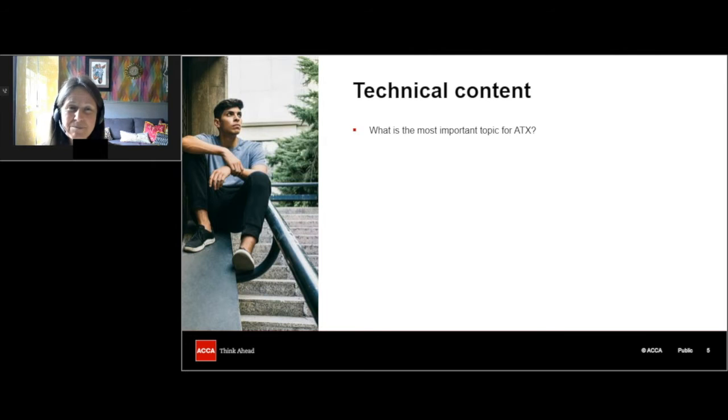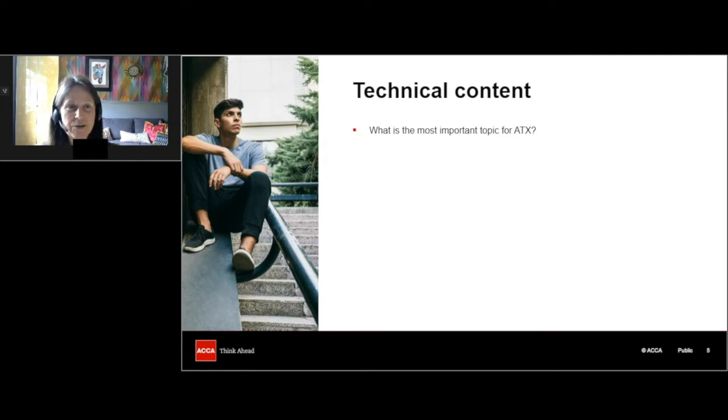Now, one thing that I most often get asked is, what's the most important topic for advanced tax? Is there a really key topic that I absolutely need to know to pass this exam? Unfortunately, the answer is there isn't one. The key to passing the advanced tax exam is to have a good knowledge of all of the taxes.